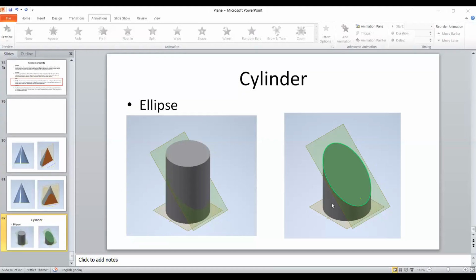And the last geometrical shape, it is the cylinder. So if you cut the cylinder by selecting the section plane which is inclined to HP, then you will obtain the true shape as an ellipse. Okay. So if you take the position of the section plane for the cylinder inclined to HP, then every time you will obtain the true shape as a ellipse, or it may be a elliptical arc.